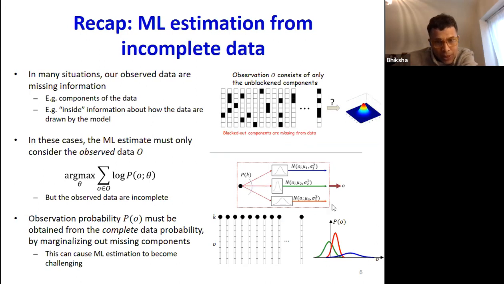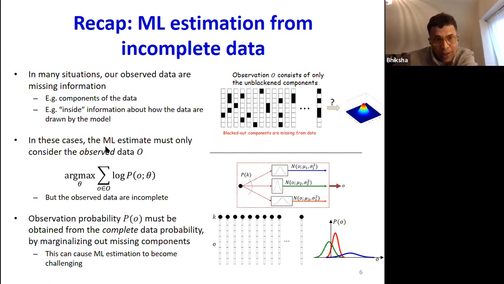So also, if you had a process of this kind where you had a Gaussian mixture, you first chose a Gaussian and then drew an observation from the Gaussian. The generating process first chose a Gaussian and then drew an observation from the Gaussian. The complete description of the data would require you to know which Gaussian was chosen for every observation, but that information is missing. You only see the final observation. And so once again, you can't really compute the likelihood. It's not easy to compute or to maximize the likelihood of the data in a nice closed form.